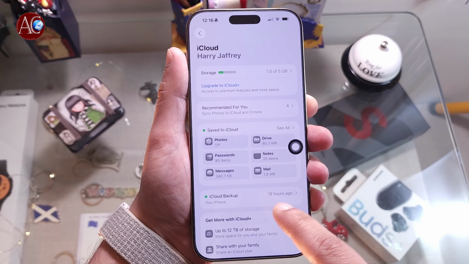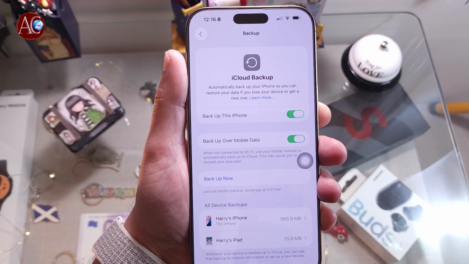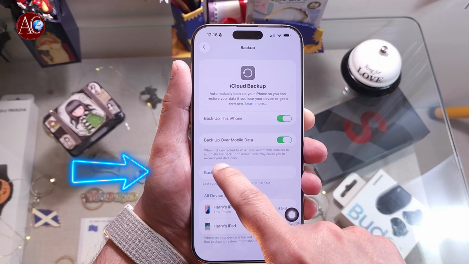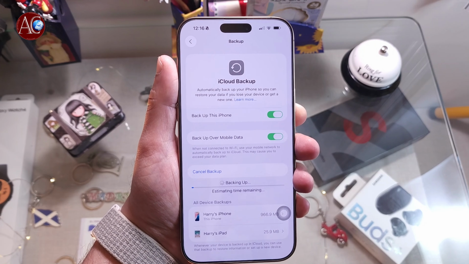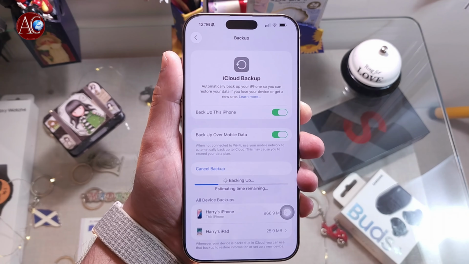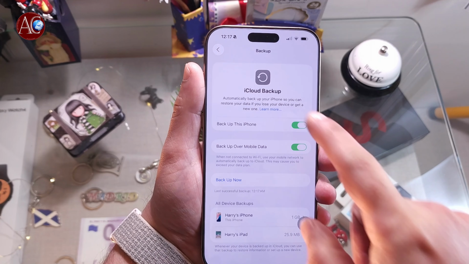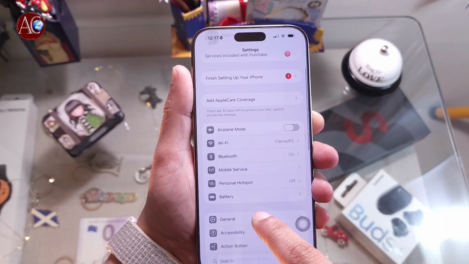Here, iCloud backup, I did it 19 hours ago. I go inside and I hit Back Up Now. This is super important, guys. Hit Back Up Now. Continue, it is backing up. It will take a couple of minutes in this case. So the backup is done. I go back again to General,